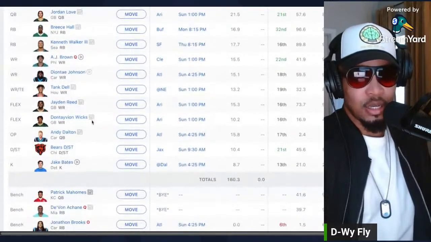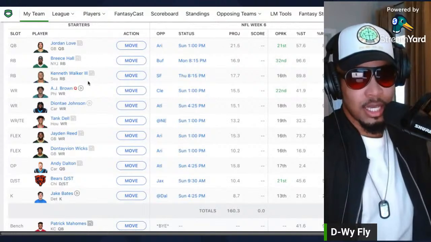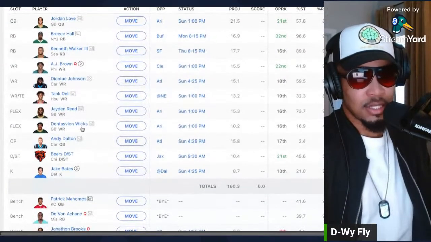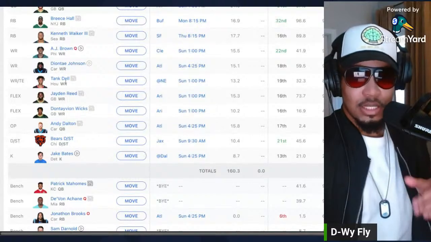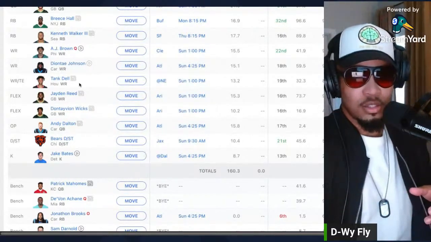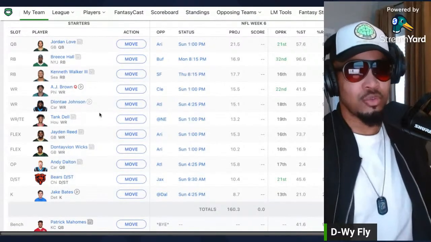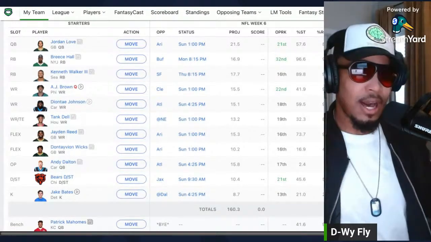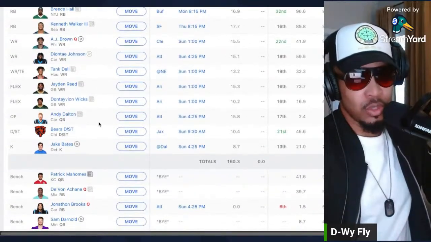I set my lineup, but you see the lineup is Jordan Love, Breece Hall, Devin Achane, AJ Brown, Deontay, Tank Dell, which Nico just went into IR. So, hey man, if Tank doesn't produce now, I don't know what the deal is. Maybe he's still reeling from being shot and that broken leg or whatever.